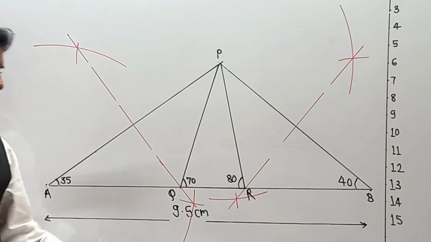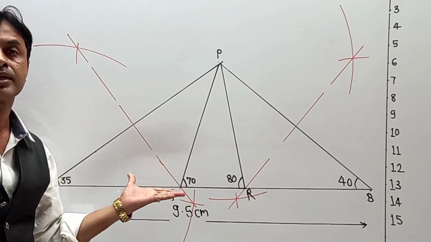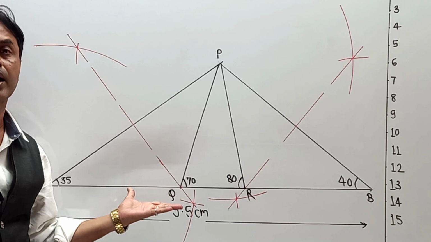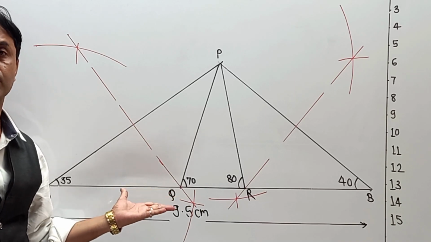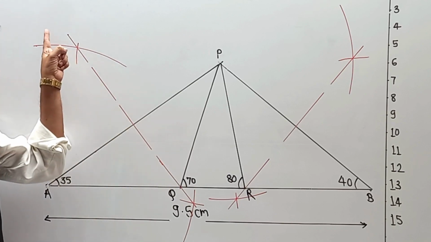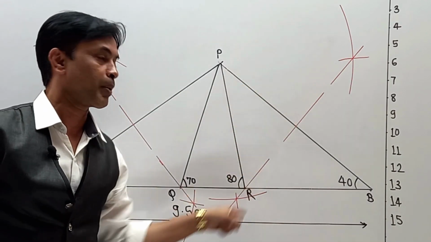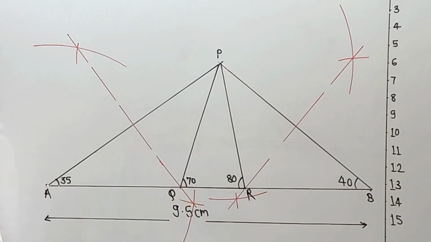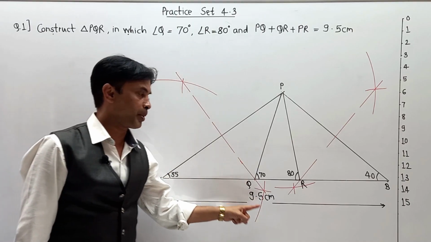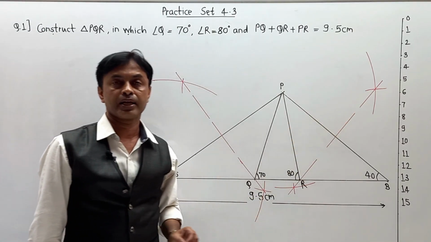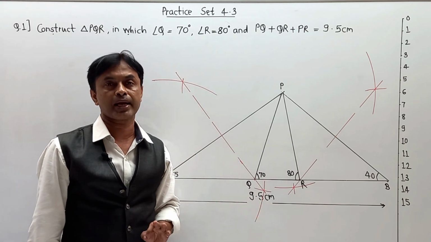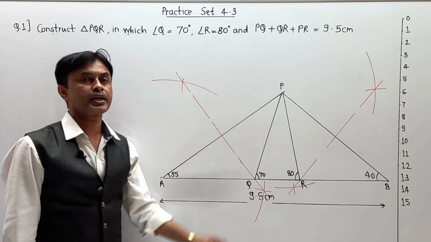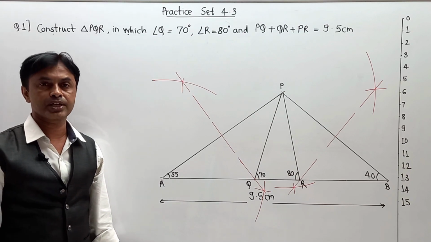Students, remember one thing: in this case the size of the diagram is somewhat larger. So please take a proper tentative position when you draw it in your notebook. And again, please take precautions for the perpendicular bisector when you draw that part. Here I have drawn it by a dotted line with red color. Definitely you are going to draw it by a continuous line with a simple black pencil. And in this way you can complete your first numerical of exercise 4.3.